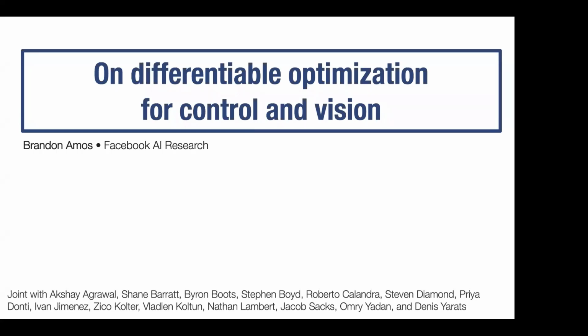That was a really good introduction to this broader space of deep declarative networks and differentiable optimization and implicit differentiation. In this talk, I'm going to go deeper into a few more of the general principles behind the ideas in this space. And then towards the end, I'll talk about some of the newer work that I've been doing, mostly in the control space.